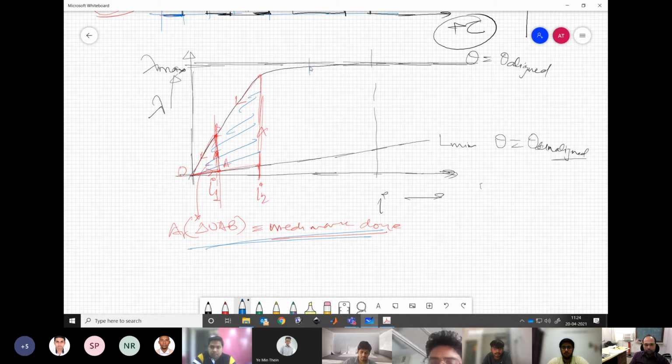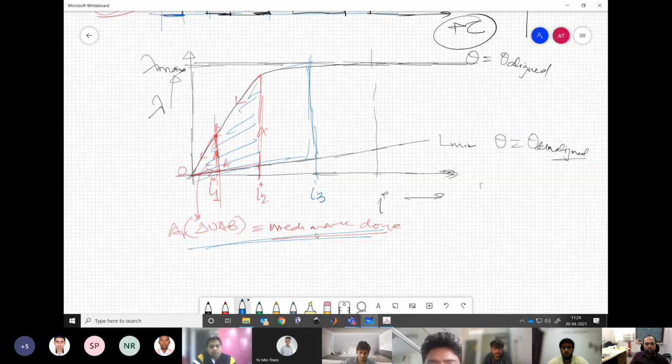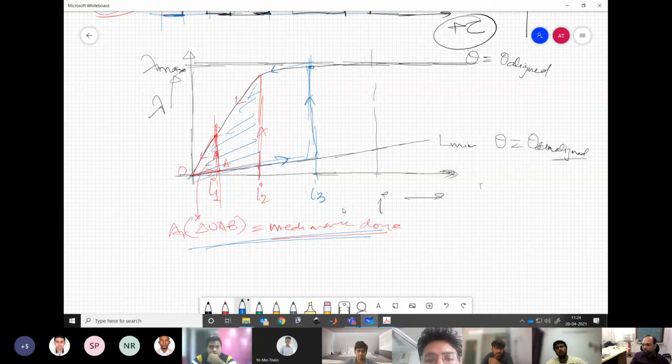Now, if you increase further, you go up to I3. Now, what is the problem? Is there any problem? If you follow this, go up to I3. Now, what is the problem? Saturation. Okay. Saturation is there, but what is the problem with that? Lambda will go and fix to some value, that's all. What else does it have to do?